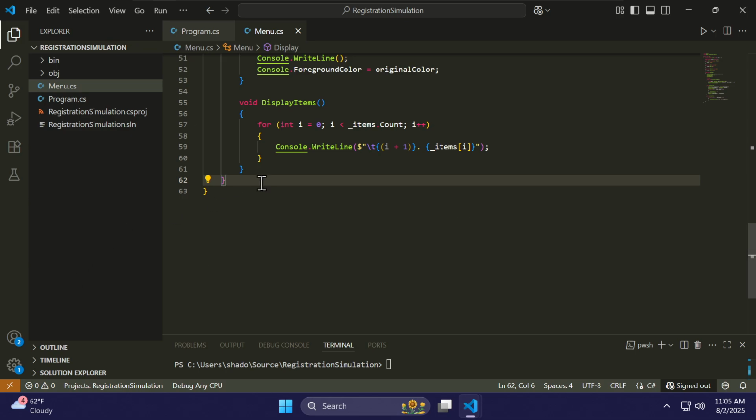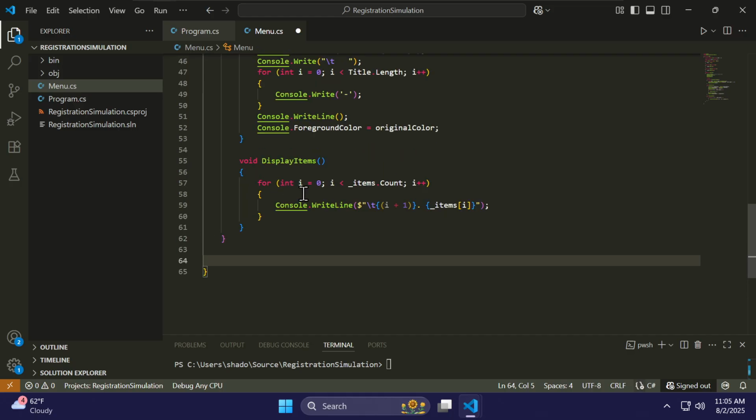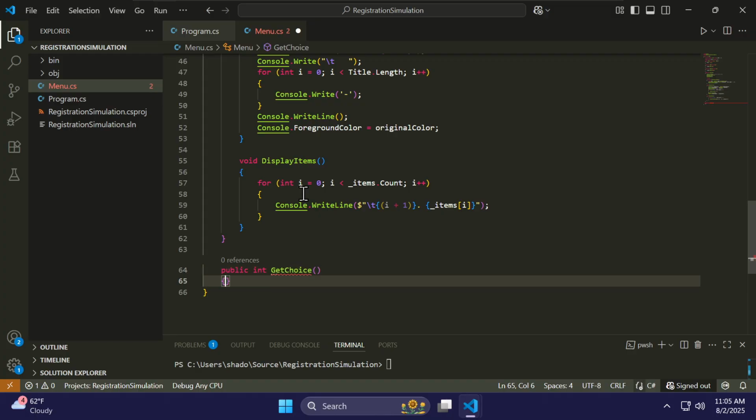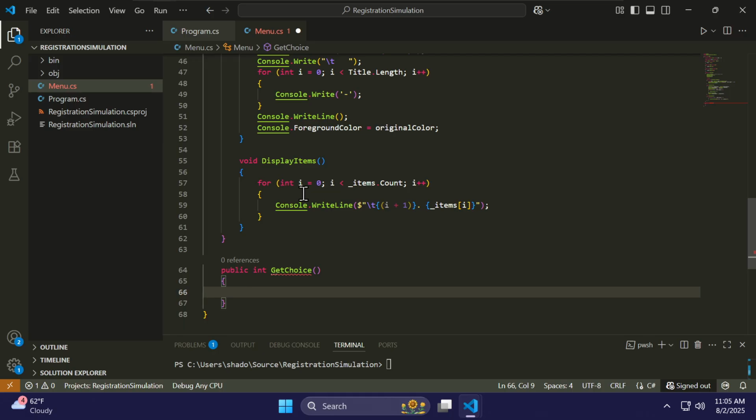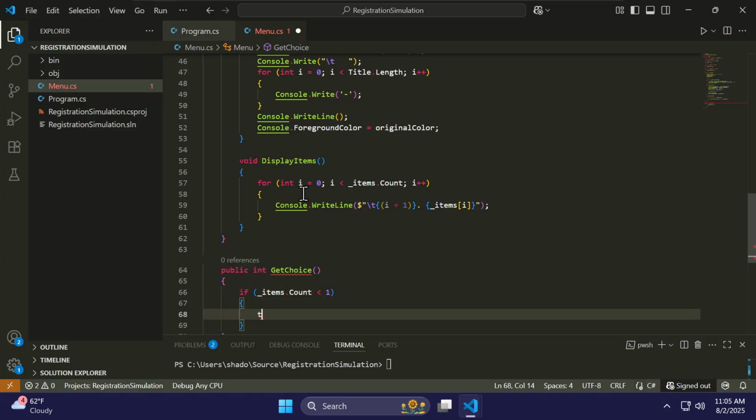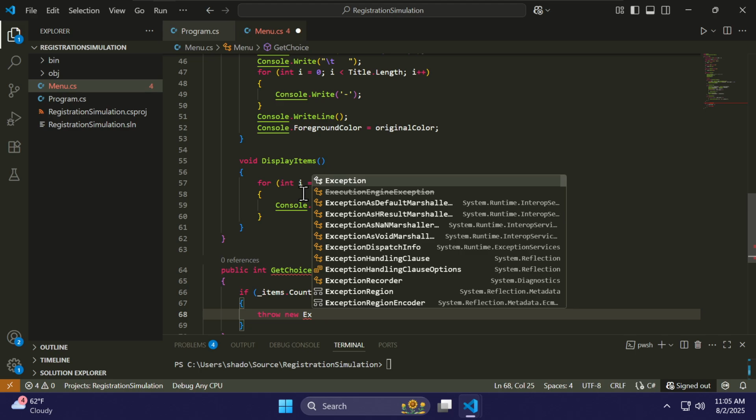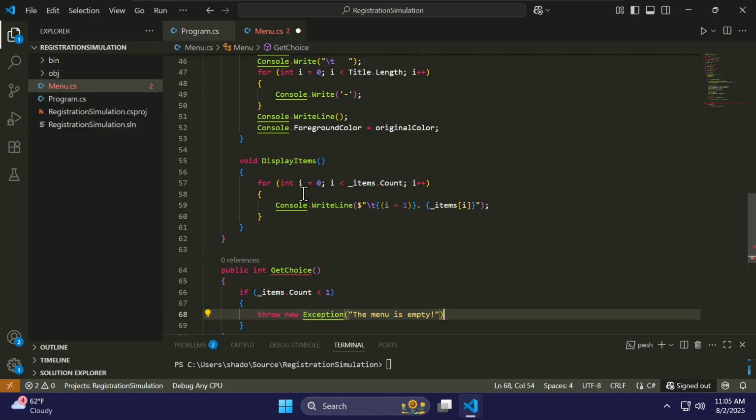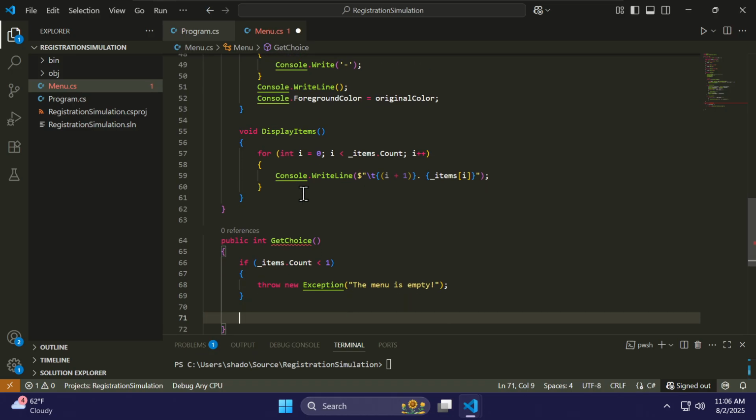This one's going to be a little larger. Do public int get, I want to say choice. So this is what the user picks when they use the menu, the number they pick, so we'll provide a way to do it. So if items.count less than 1, throw new exception, the menu is empty. Alright, otherwise,